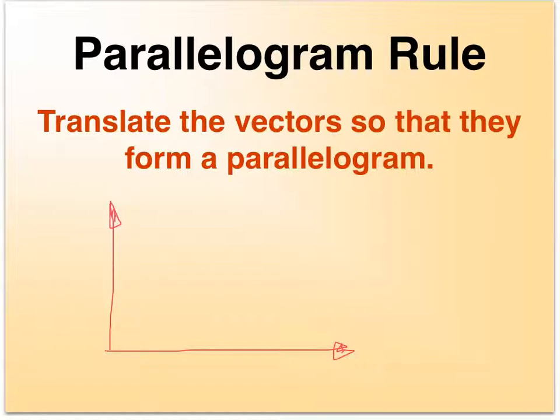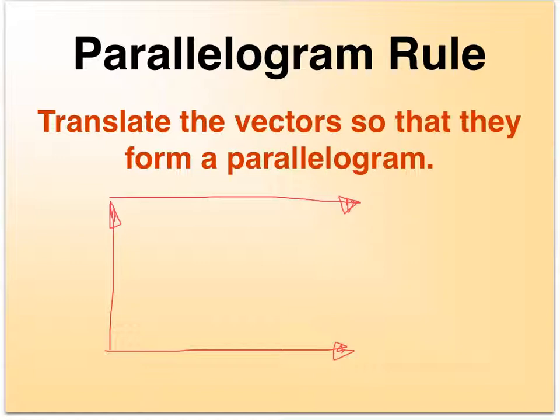But which way is it? Is it going to be more towards the top, more towards the bottom? In order to do this, what we're going to do is translate these vectors. So I'm going to take this bottom vector and I'm going to translate it up so that the beginning of it translates along the other vector to the top. And what I should get is